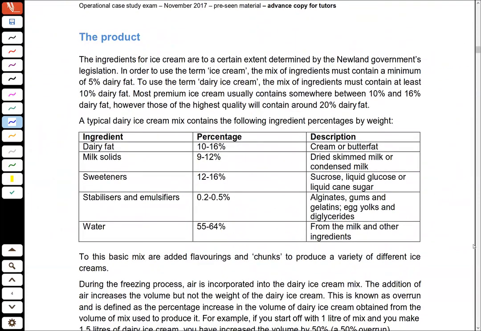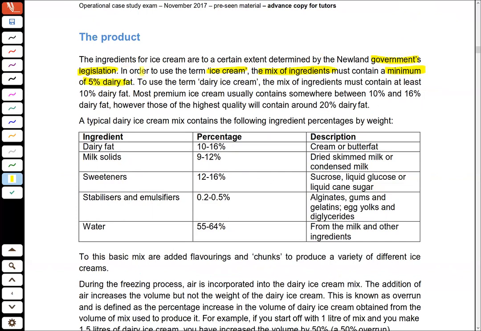Okay, continuing on then in terms of the product itself, we've obviously got information that tells us that the ice cream ingredients are determined by government legislation. So in order to use the term ice cream, the mix of the ingredients must contain a minimum of 5%